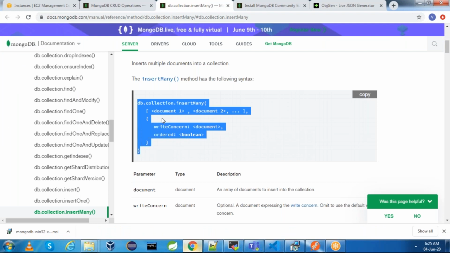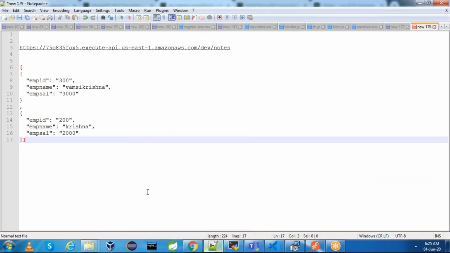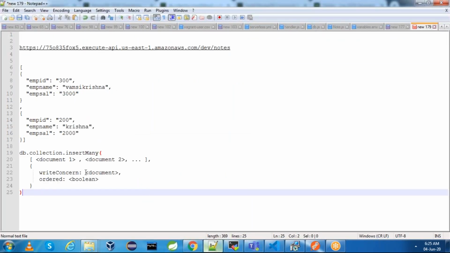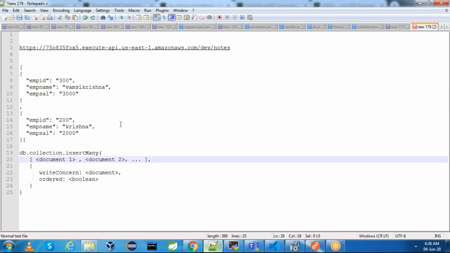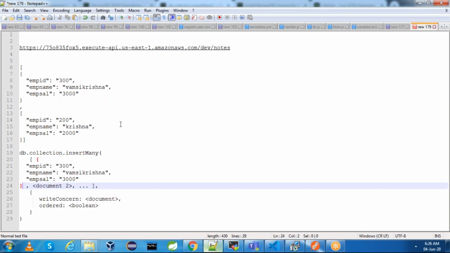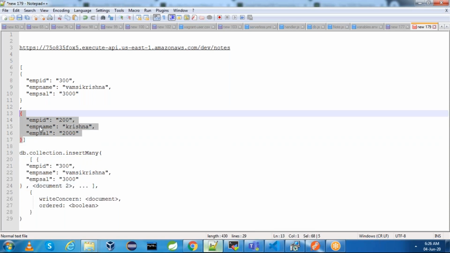Okay, I think this is the syntax. Let me replace this with this. This is document 1. This is document 2.